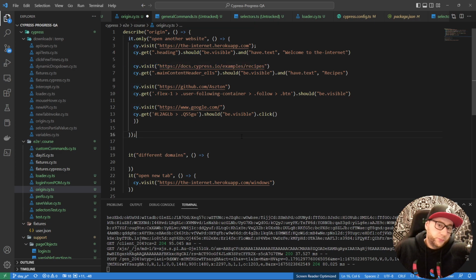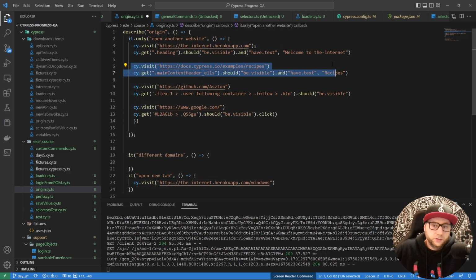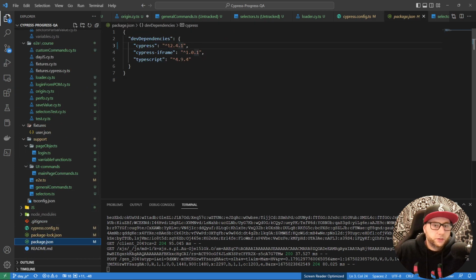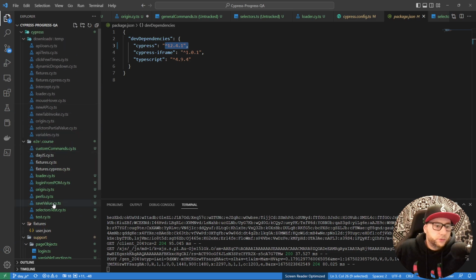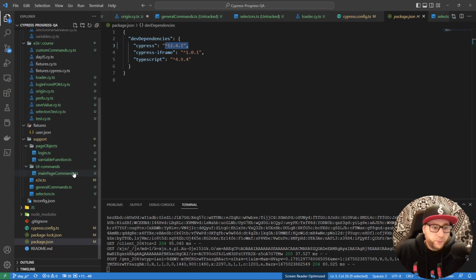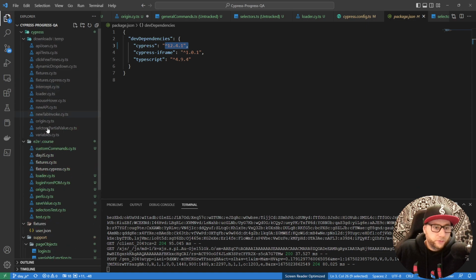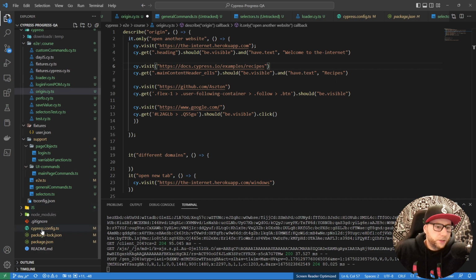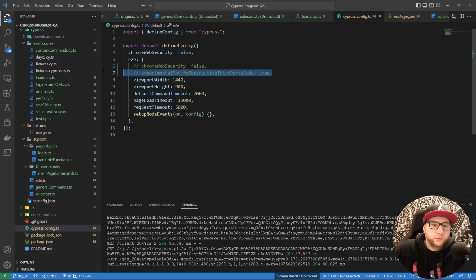In the previous version, if you use visit and next visit it can throw an error, but in my version of Cypress it works perfectly. So we don't need to add origin. But if it doesn't work for you, let me check this code with this visit, assertion, visit, so we change the domain. Maybe you need to add in your